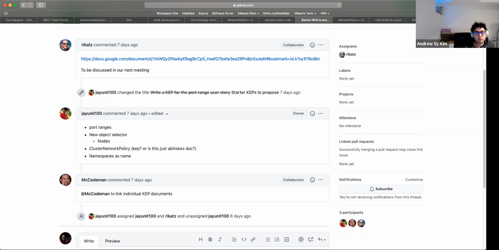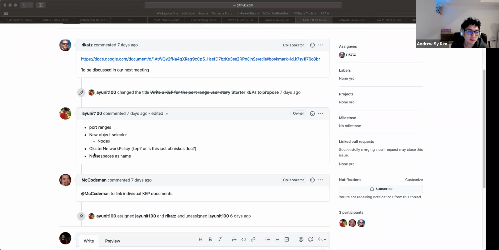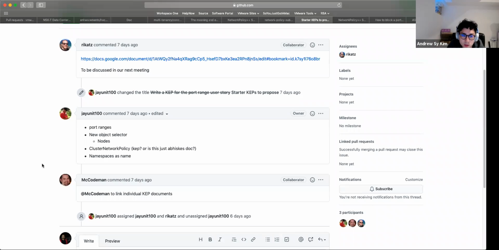Yeah. So maybe, if we have no other topics for the agenda, I'd love to just banter about this topic. In my mind, cluster network policy would basically be, we fork network policy in the existing API group, and on the high level spec we add either namespace by name or namespace selector, so that you can select pods across multiple namespaces. Each to and from selector in the rules would still have namespace selectors, but basically it's just the addition of selecting namespaces at the top in addition to pod selectors.